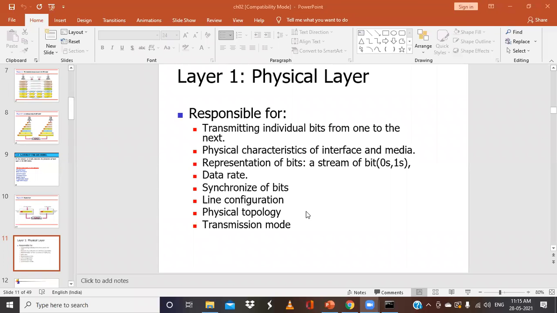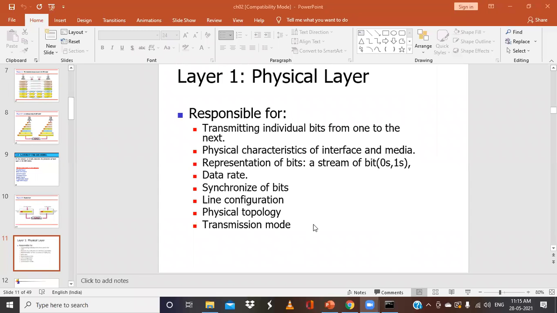As we all know, that is the representation or geometric representation of the devices or the network, and how these devices are connected. So for that we require this physical topology. The physical layer is responsible for which type of topology it is going to use, or which type of topology is best suited for a particular type of network. That will be taken care of by the physical topology. So the topology can be a mesh topology, star topology, ring topology, and so on. That will be defined by the physical layer.